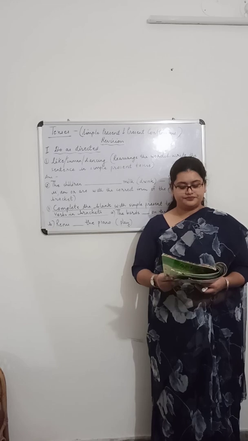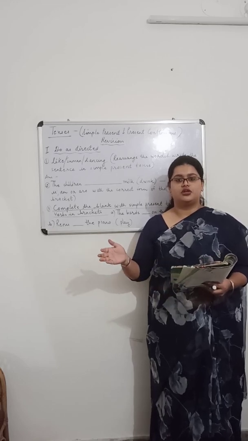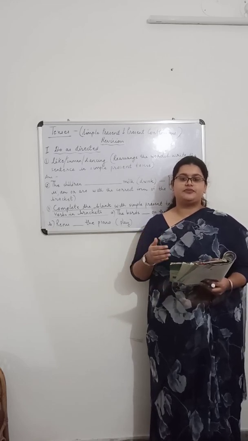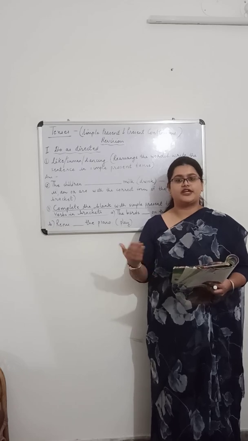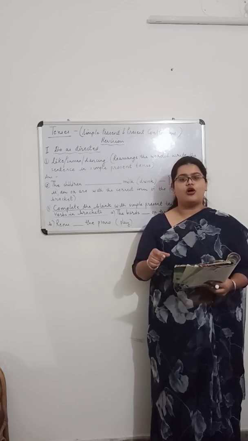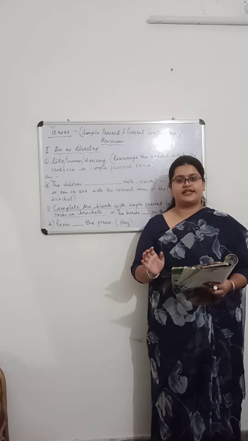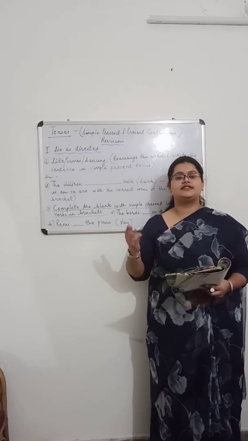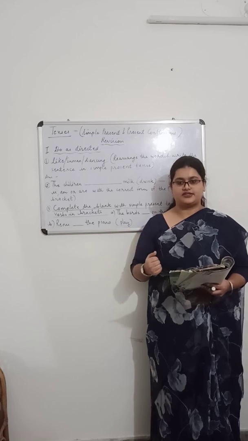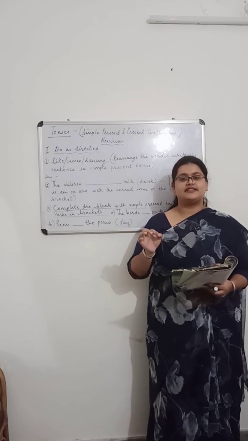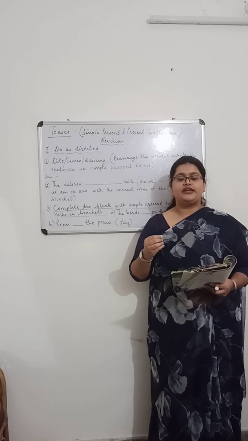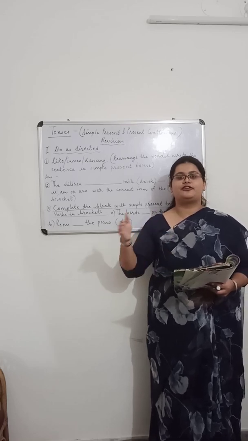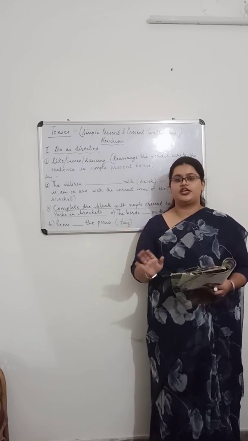For example, I walk to school. So this particular statement is something which maybe happens regularly. So here the verb walk will be in the simple present tense. Similarly, second example, the sun rises in the east and sets in the west. Now here the verbs rises and sets will be in the simple present tense because this statement is a universal truth. We cannot change it.